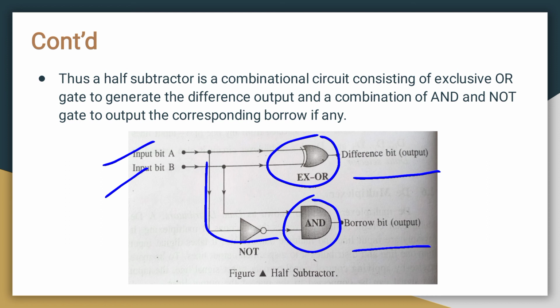The difference is the name, that's it. There it is sum, here it is difference. There it is carry, here it is borrow. Borrow means you have to get the content from the back side. Clear? So content from the back side you have to take a borrow to take the subtraction of the content.